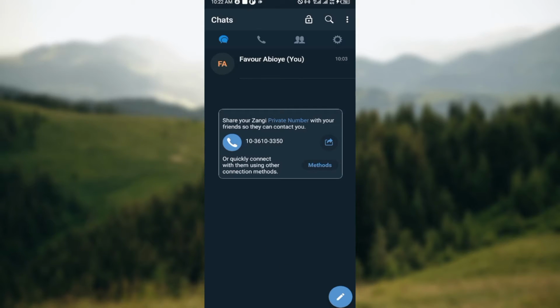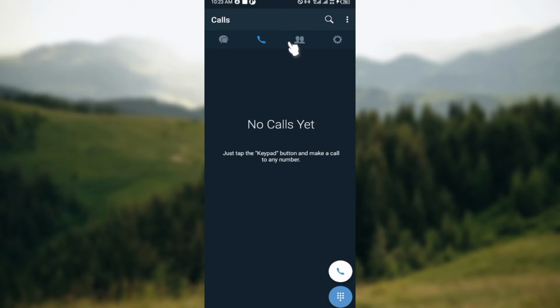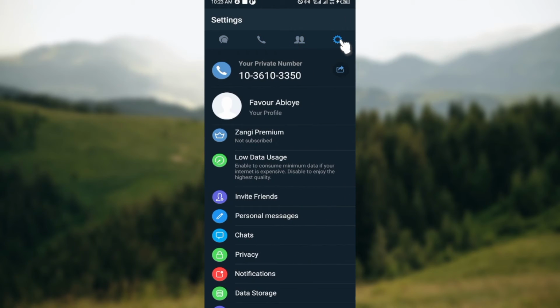And then the first step is to log in to your Zangi application, just like I have done here. So once you're logged into your Zangi application, you can see some icons at the top part of the screen, which includes the chat icon, the calls icon, your friends tab, as well as your settings icon. Then, once you can see all of this, the next step is to go ahead and click on your chat